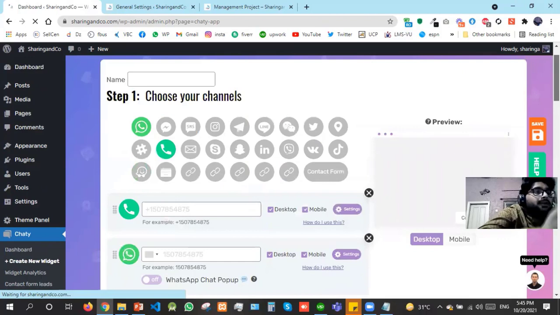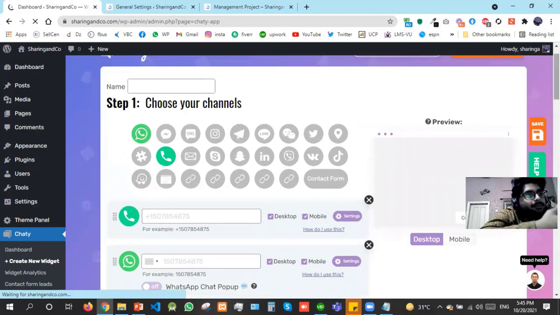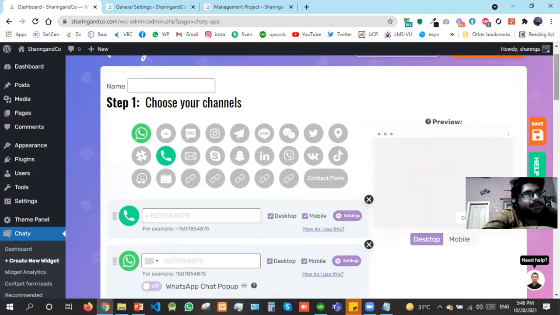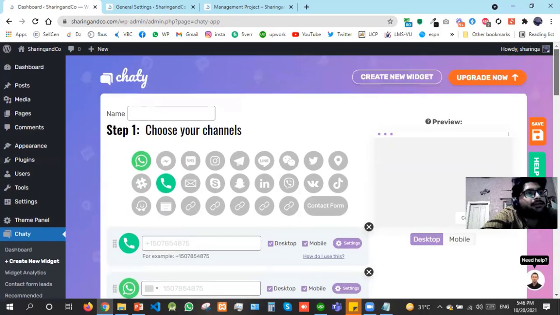Okay, the question arises: why did this setting appear, why are we not on the plugin pages? Because this is activated, so it will pop up first. Now we have to go to plugins and activate all of them one by one. But let me first quickly tell you, this is not the premium version. We have to upgrade if we want more options when we click this button. So right now I just want this